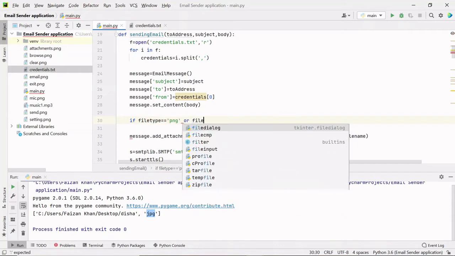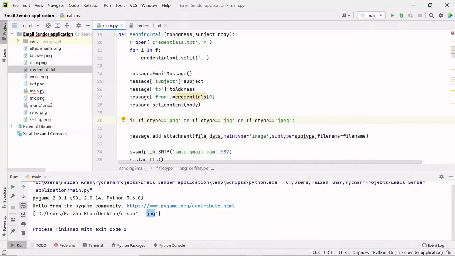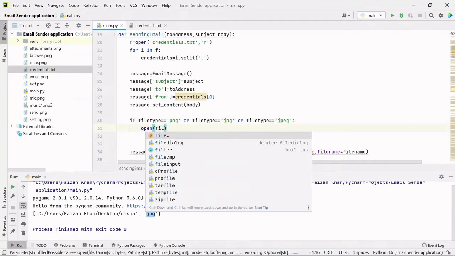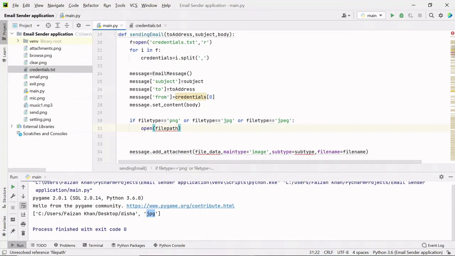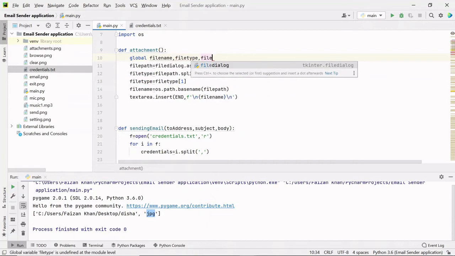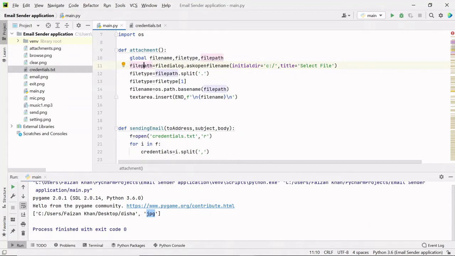Similarly we'll check for other formats. So if inside the file_type variable we will have any image format, it means this condition will become true, and I'm going to open that file. So I'll pass the file path here. So this is the same variable. I'm going to make this global as well. So this variable is containing the complete file path.